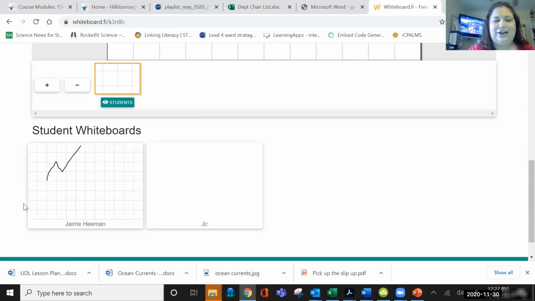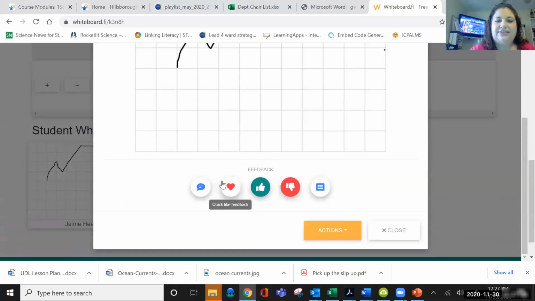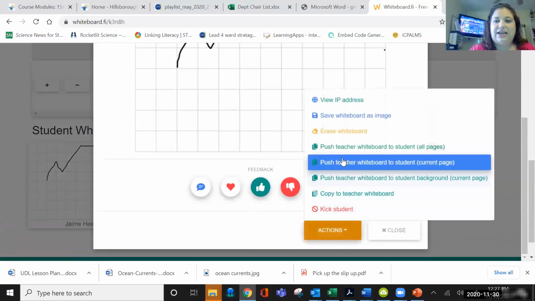So when I'm looking at her diagram, I obviously see a misconception because she shows that it goes up and then the temperature drops down again before it goes up. So I would be able to address that with her directly. Or if I see maybe a lot of people have the same misconception, I could actually share this out